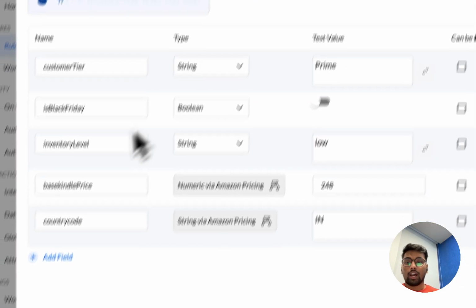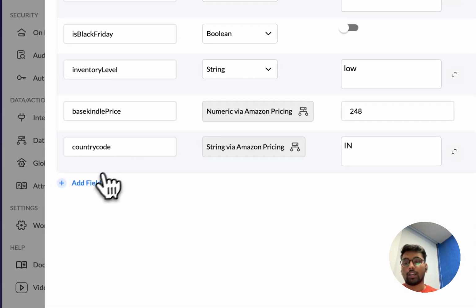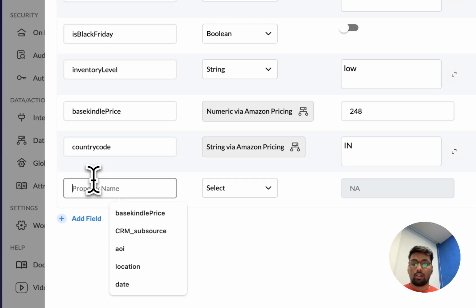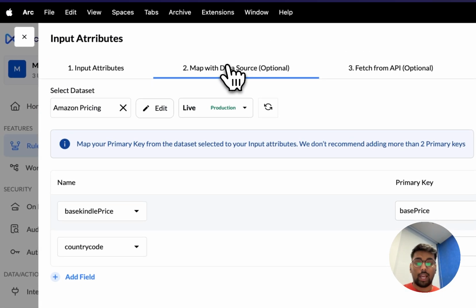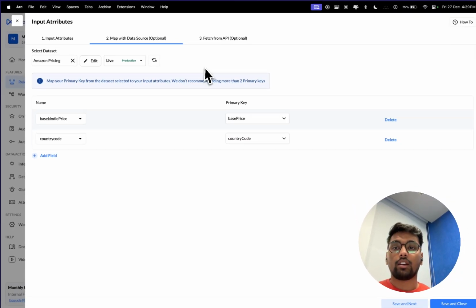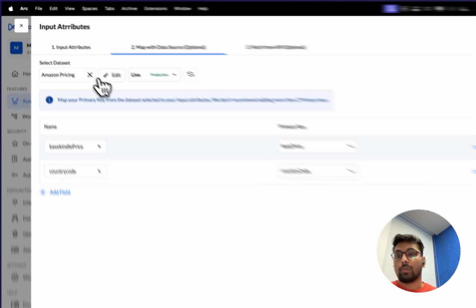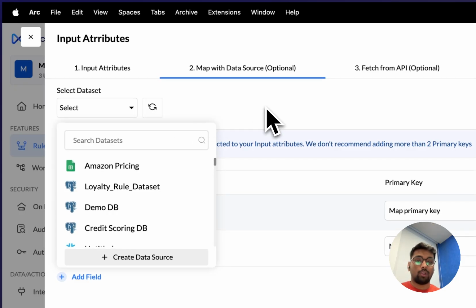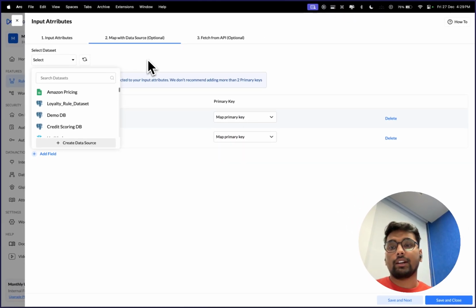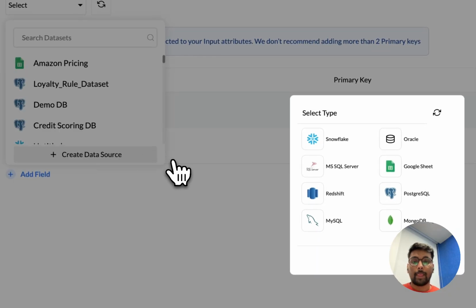To do that, I have created these fields here by just clicking this field and adding the name. After doing that, I have to go to this second tab, which is map with the data source. For the first time, you won't have any data source added here. So now I will do that for you once again. Let's say first you have nothing and you want to create the data source. What you need to do is create the data source here, and you have to select